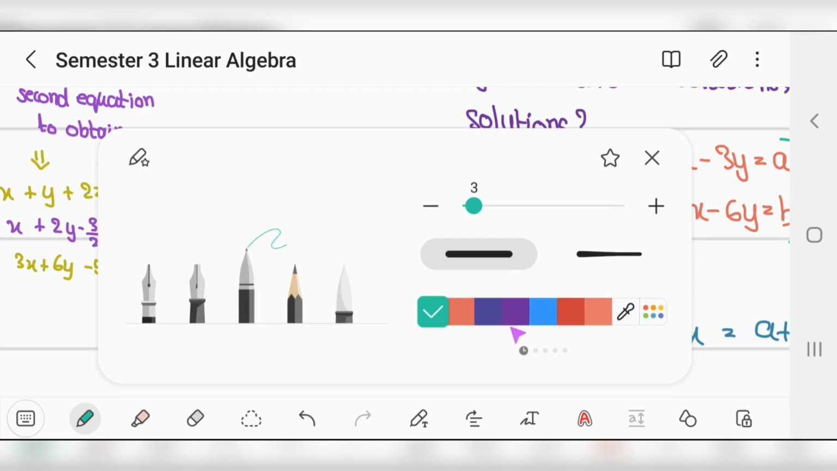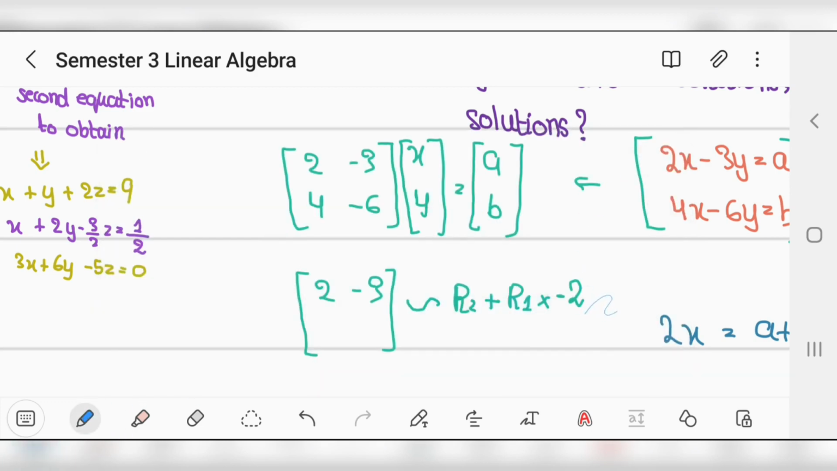Okay, so whenever we write down the operations, we start to read from here: this is R1, it's been multiplied by minus 2, and it has been added to R2. So this is how we read it. This is how we write down the operation, what is going on. According to this, I have multiplied this equation by minus 2 and added it to R2,